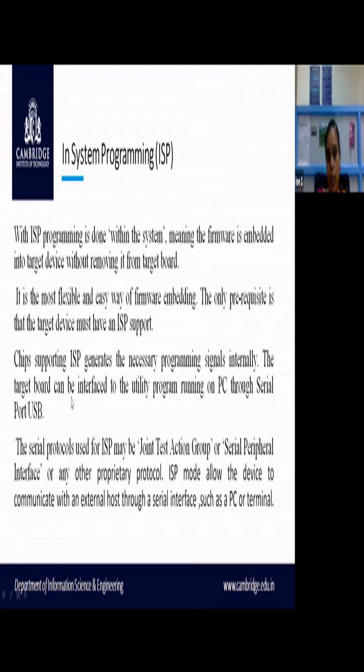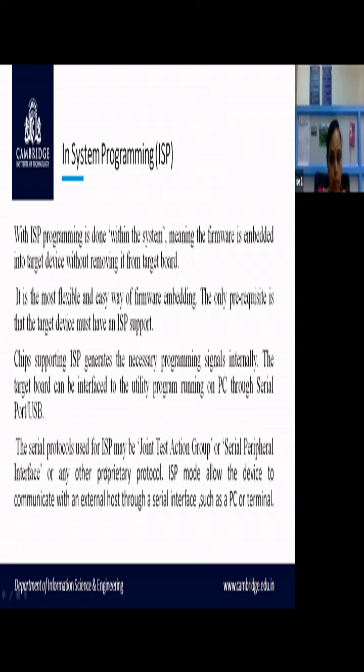In our lab also, we connect your board with the CPU. You might have seen there is a serial port connection. Other than that, sometimes we may also use a USB connection. So either of these two can be used for interfacing the utility program running on the PC to the board.